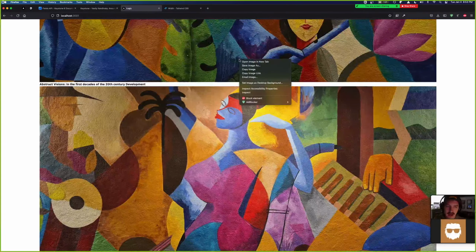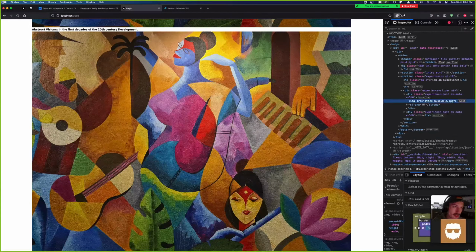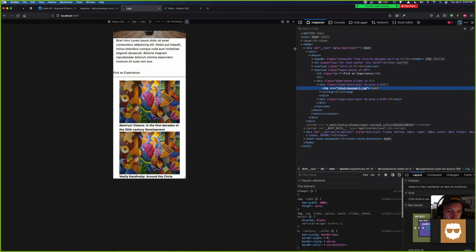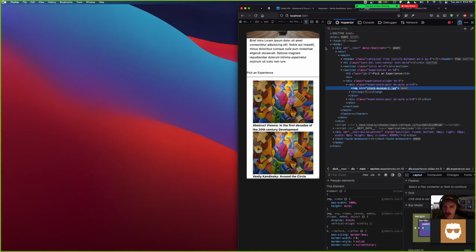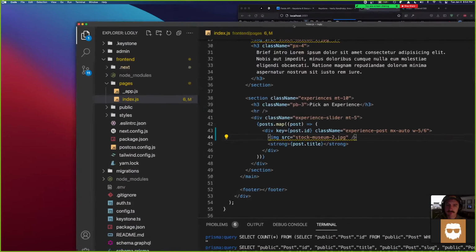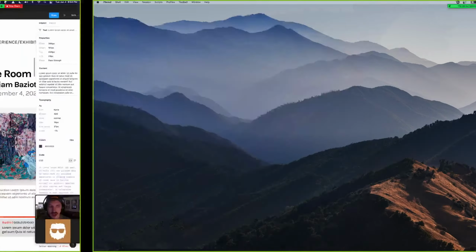Yeah, and actually, we only want to do this in mobile first mode right now, anyways, so we can just, boom. Close that.